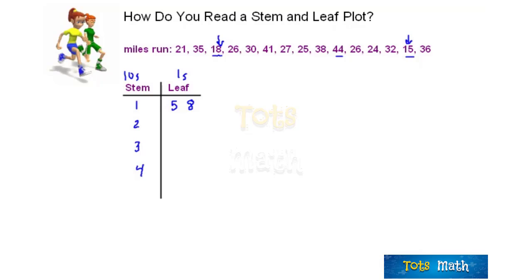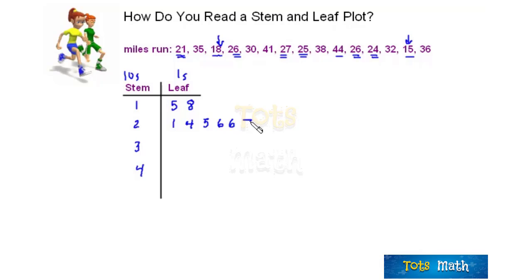Next, we'll look at numbers that are in the 20s. Well, we have 21, 26, 27, 25, another 26, and a 24. We'll add those ones next to the 2 in our stem and leaf plot. So we'll begin with 1, then the next highest number was 4, then we have a 5, and we had 2 6s,